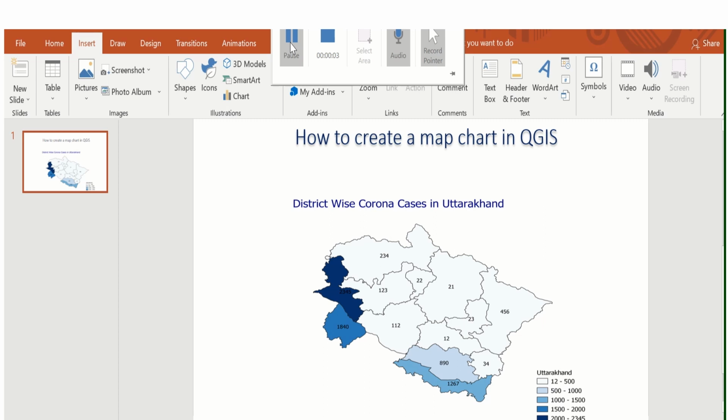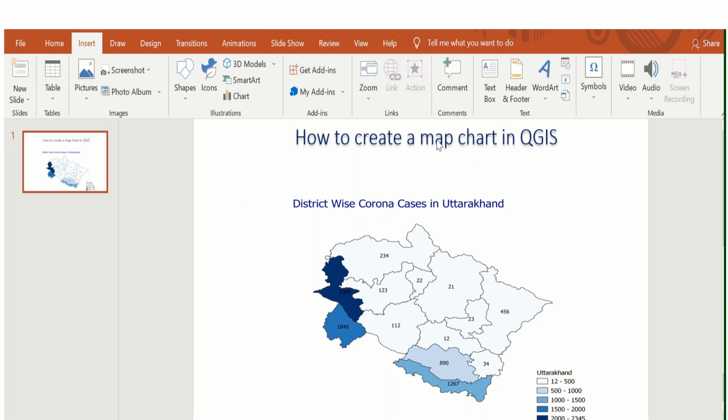Friends, in today's topic, we are going to cover how to create a map chart in QGIS. Please see, this is the map chart of the Indian state Uttarakhand, taking some sample data.